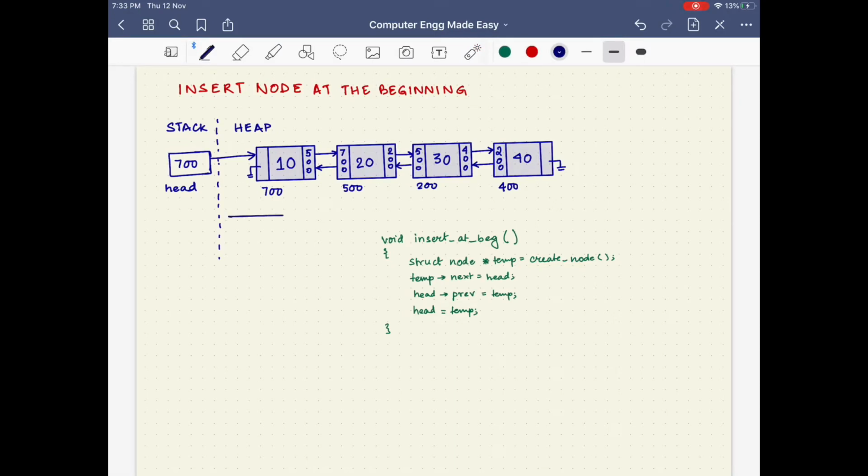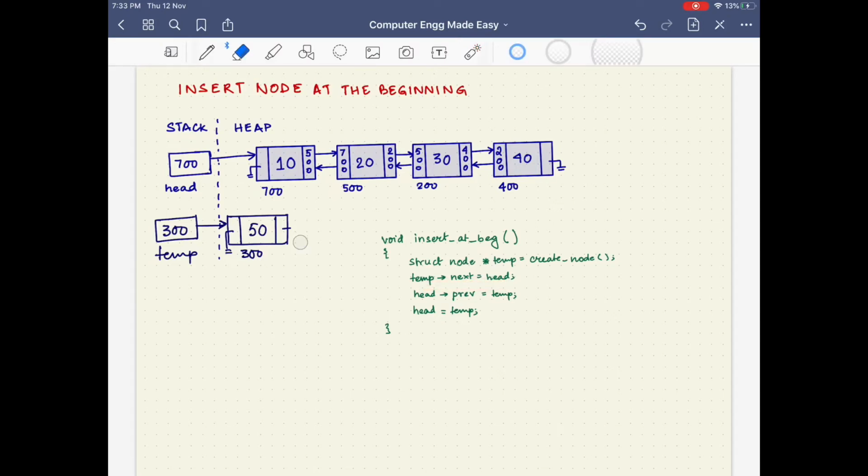Say the new node that has been created looks somewhat like this. And inside the new node, automatically, we have got the value stored. Say the value stored is 50 and the address is say 300. So this 300 will get returned from the function create node, and 300 will be stored in a local variable temp, a local variable of the function insert at beg, indicating a link like this. After this, we execute temp next is equal to head.